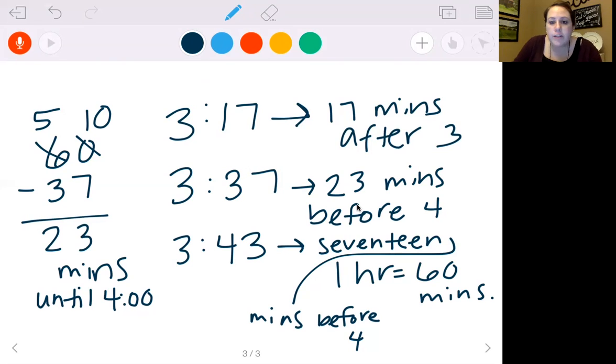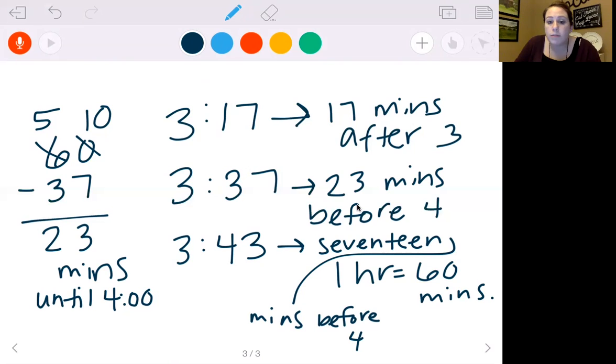B says 15 minutes before 2. So if I know 1 hour is 60 minutes and I take away 15 minutes, I'm left with 45 minutes. So 15 minutes before 2 would work for this one. So we're going to say yes on B. C is 45 minutes after 1. That works. And D